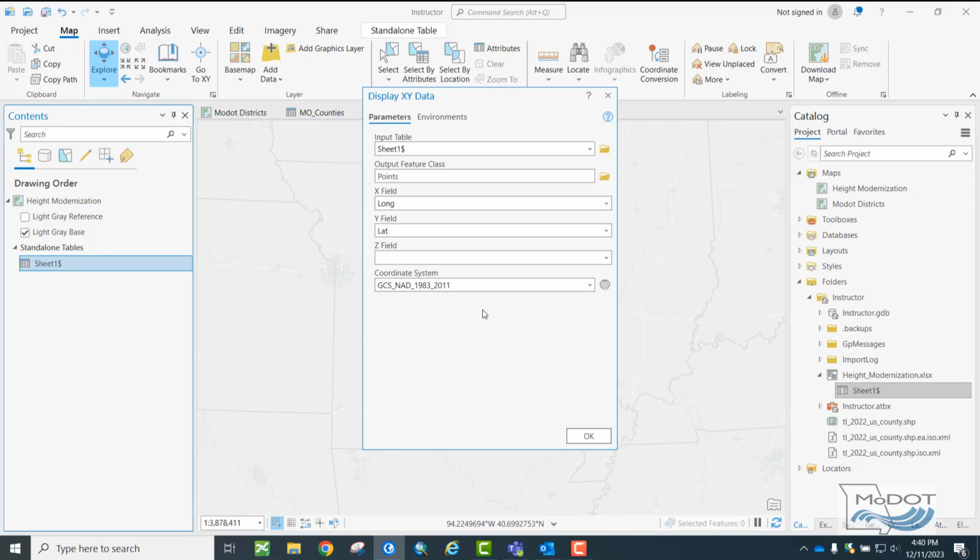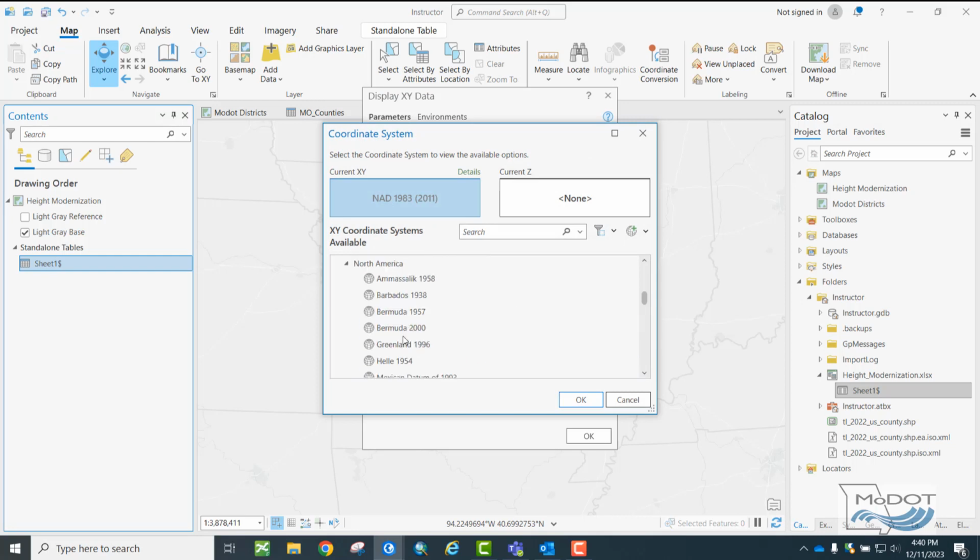The last thing you'll need to set is the coordinate system. Now you may be tempted to just set it in the UTM since that's what we're mapping in, but you should not do that because UTM by default is in meters, and you put your XY data in the degree format, so you need to choose a coordinate system that uses decimal degrees and not meters or any other linear unit. What I recommend is